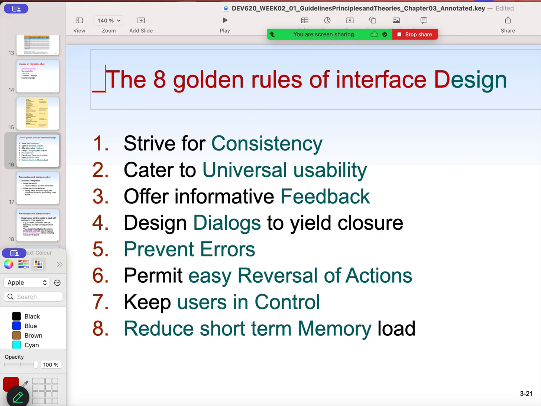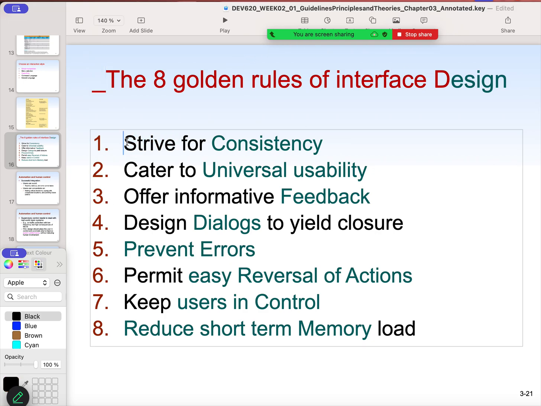The first one is to strive for consistency. Second is to cater universal usability. Also to offer informative feedback, to design dialogues,